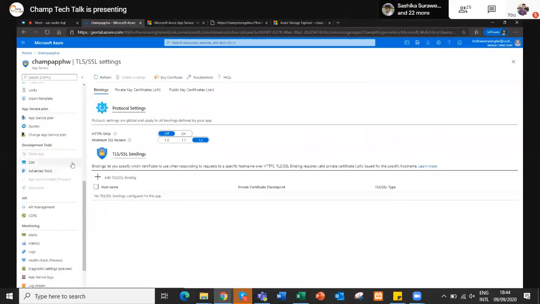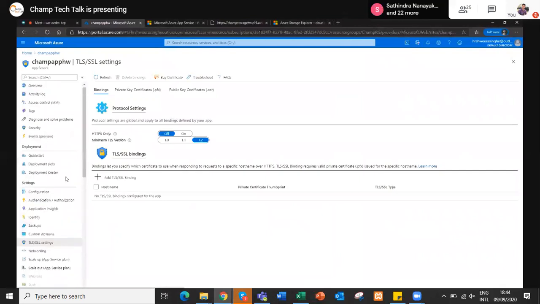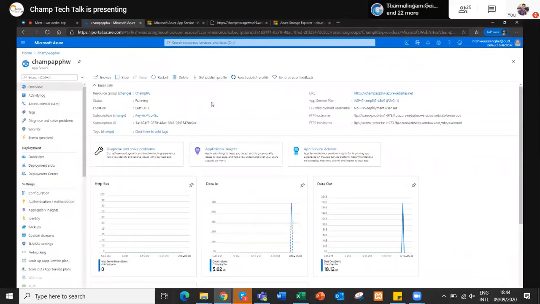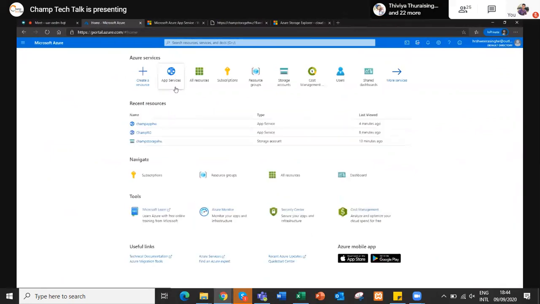So everything you need is there. I hope you got the idea how the basic structure of Azure works, and you saw how easy it is to create an application, to create a static website. It's just a few clicks.